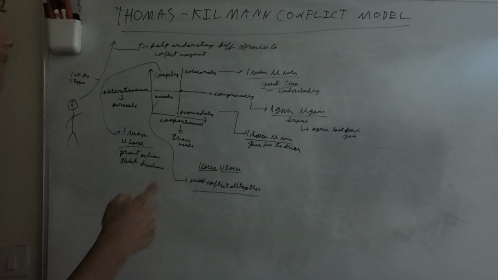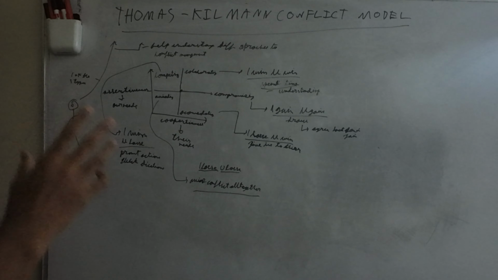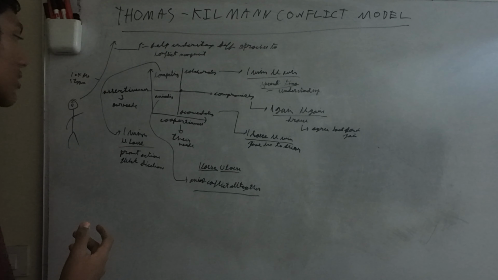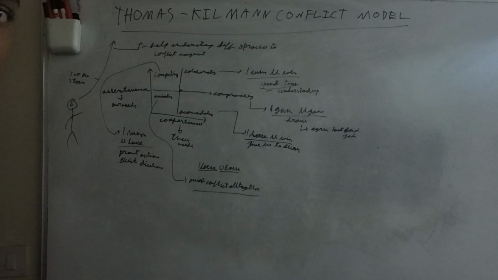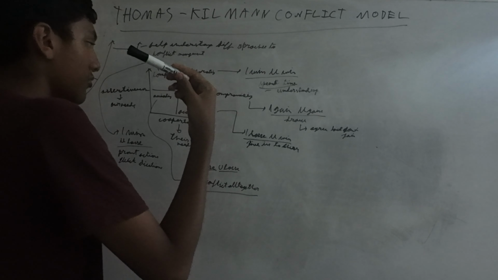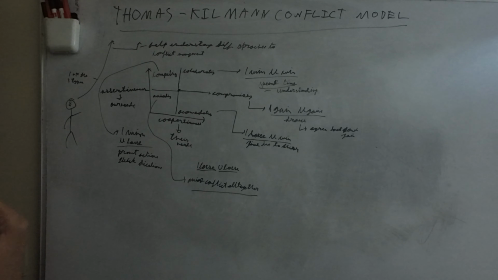But the complete opposite of both of them is avoiding, the third type, which is both less on cooperativeness and assertiveness, which promotes an I lose, you lose situation, which means you completely avoid the conflict altogether and you just pretend nothing ever happened. You just walk away from it. Now, this can be good if the situation is starting to get emotional and you need time to breathe, then this is a good type of conflict management you can use, which is just avoiding the conflict at all cost. So you just avoid it. But